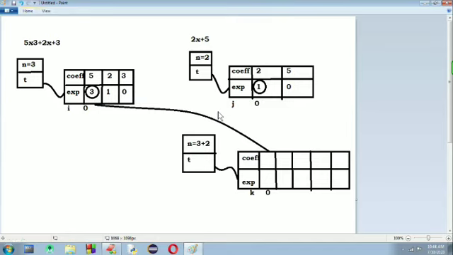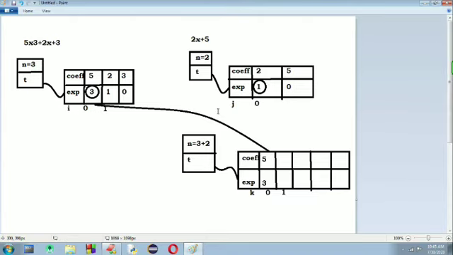So I'm just copying this place: 5, which is nothing but the coefficient of this term, and 3, which is nothing but the exponent of this term. Now we increment i to the second position, which is nothing but 1, but we never increment j. We need to increment k because k is the resultant polynomial's position indicator.